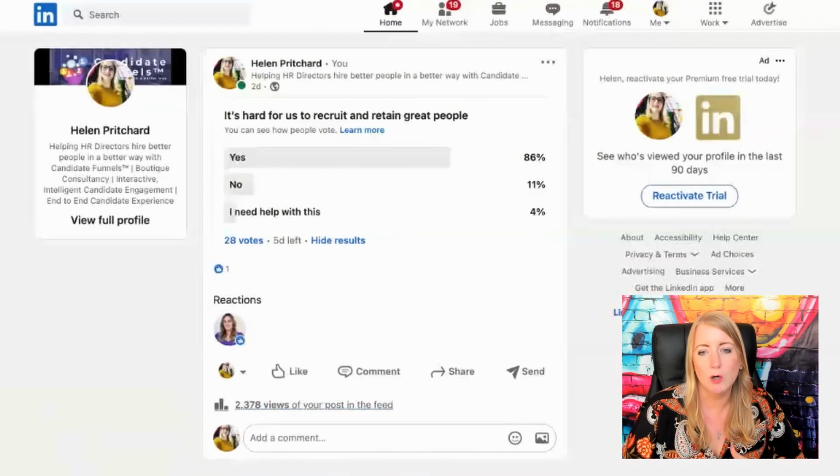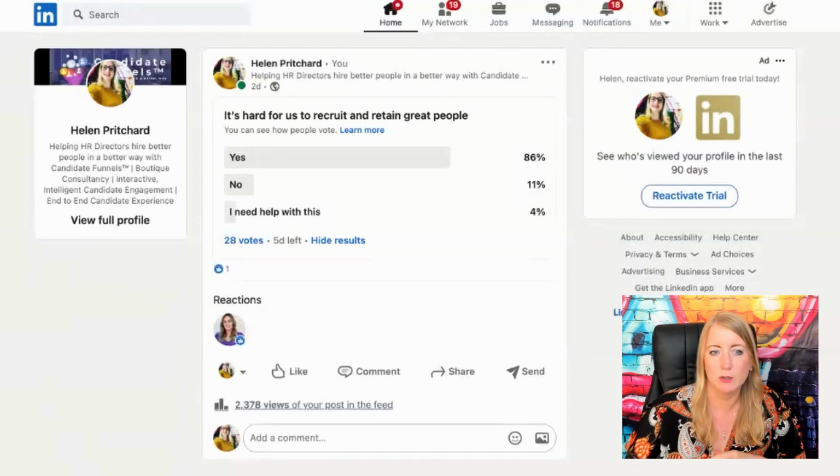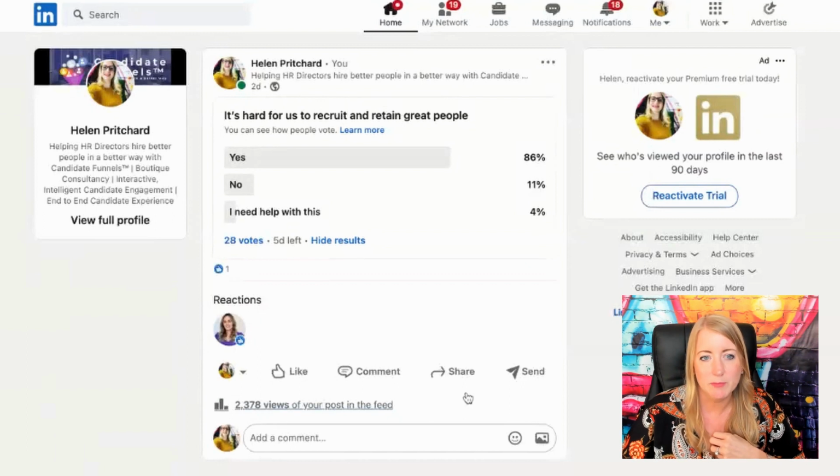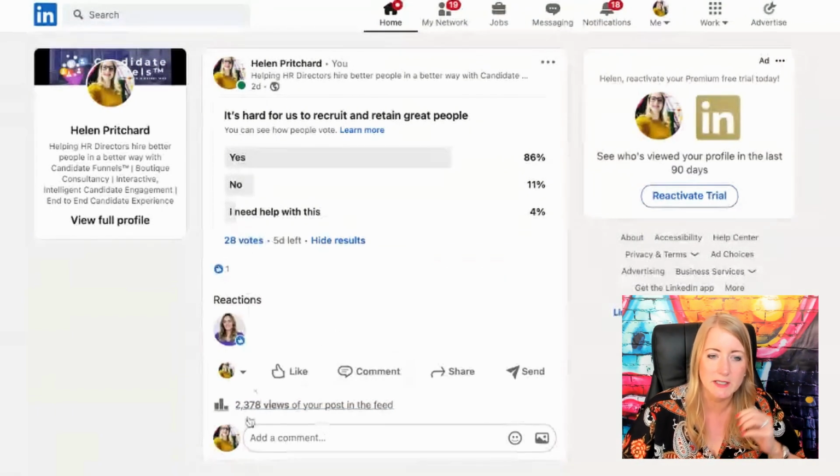A poll on LinkedIn is super powerful. I can't rave about them enough. So we ask a question. You can use all the questions you've got in your scorecard, one by one, and make them into a poll. Then you put a question up like this, and when I've made the poll, other people will see the results, but they won't see who's voted. I've not had massive views on this, nearly 2,500 views, but you can go to the votes here